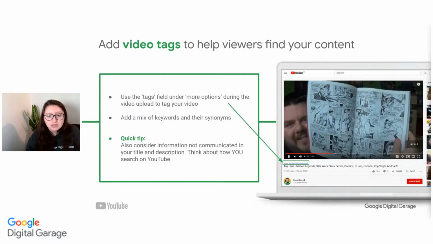When we talked about video tags, keep it simple. You can see the top 3 tags appear at the top of the video, above the title, between the title and the video. So Super Sorrel here is used haul, toy haul, shopping. What you could do with your tags is use synonyms or keywords that you've not managed to fit within the title or description of your video. So you're really covering all your bases for that specific niche. How can you make these tags work for you?